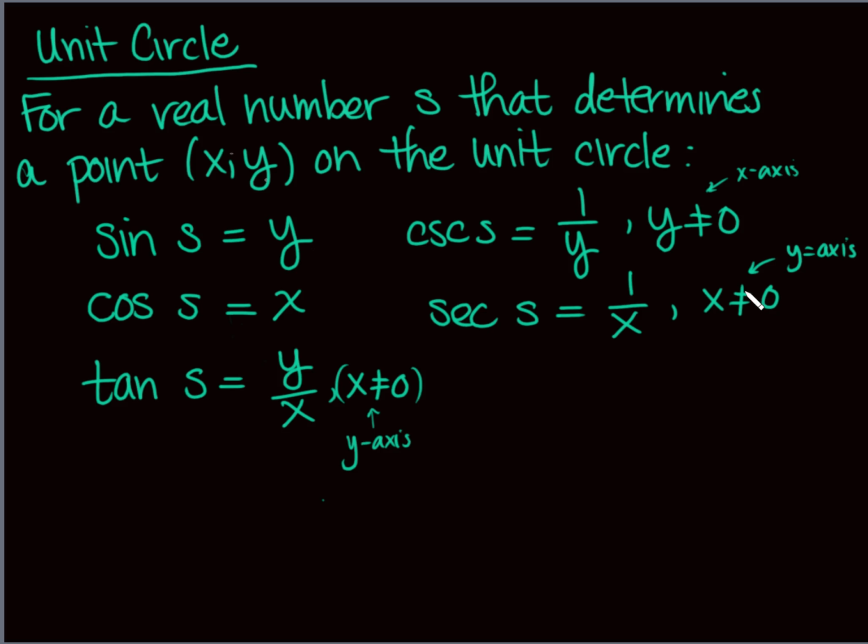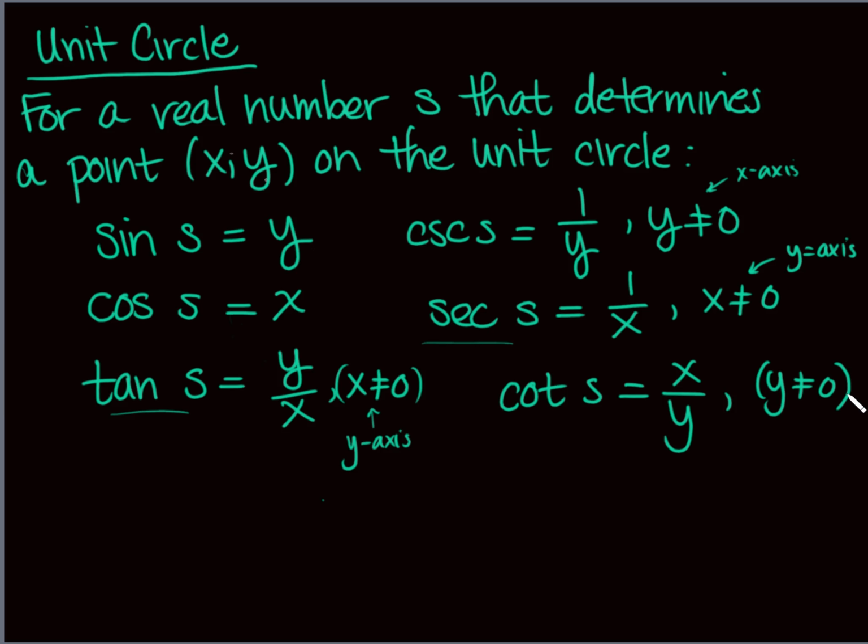Secant isn't defined on the y-axis because that's when x is 0. Notice that tangent and secant have kind of the same restriction, that x can't be 0. We're going to see that tangent and secant have some special things together. We're going to have an identity that they're going to share. And actually, if you get to calculus, you'll see that secant and tangent have some similarities when we look at